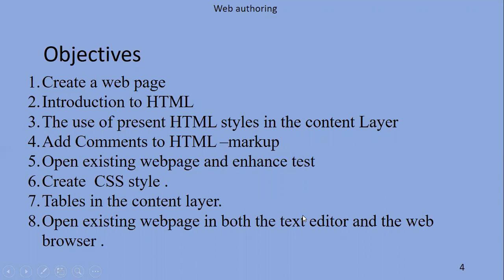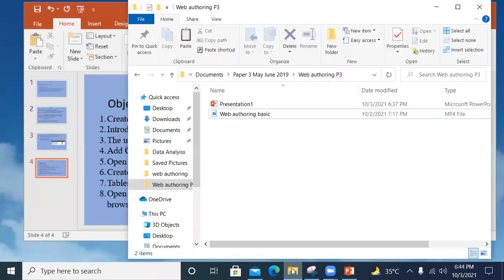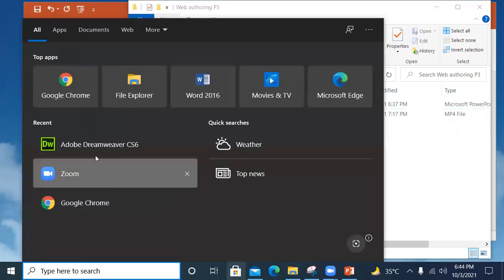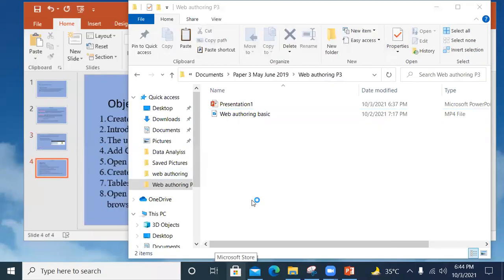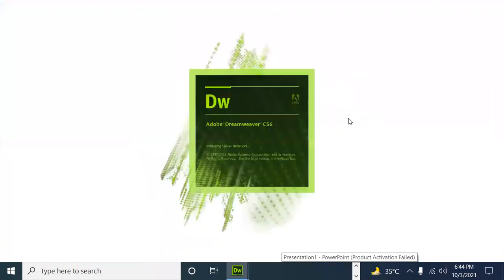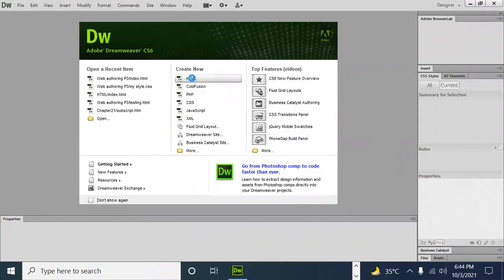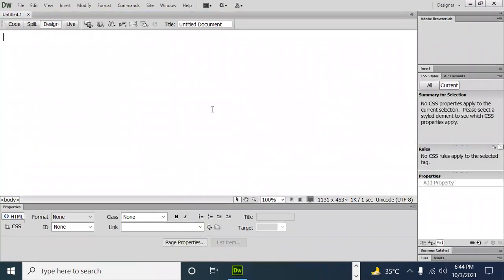So the first thing is to create a page. Let's go and create one page. In order to do this, always remember, you have to create your separate work area, as I have created. We use a text editor, which is Dreamweaver. Just go and click on Dreamweaver, open it and create the first page of your web page. Create a new HTML file, click on there, click on this.